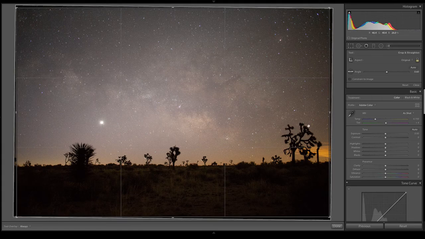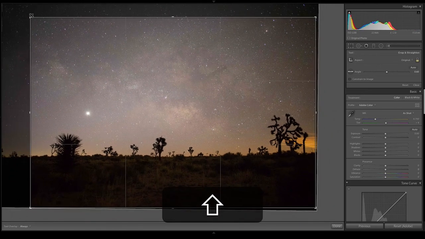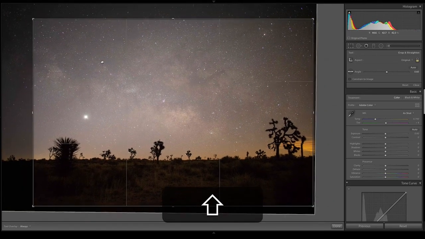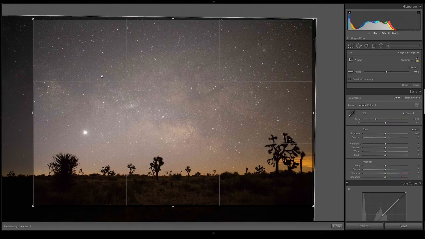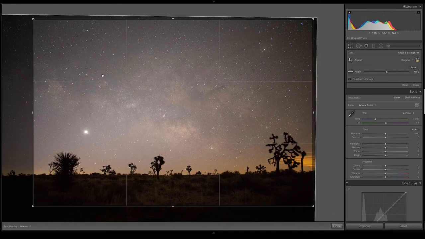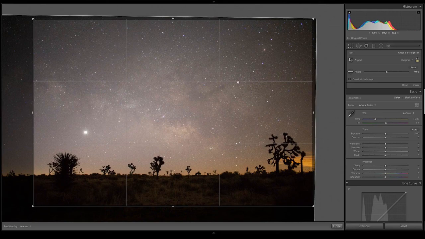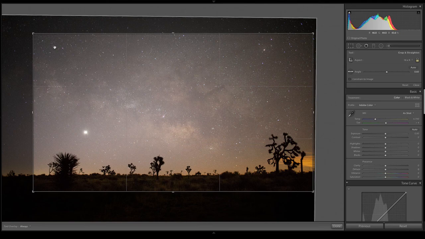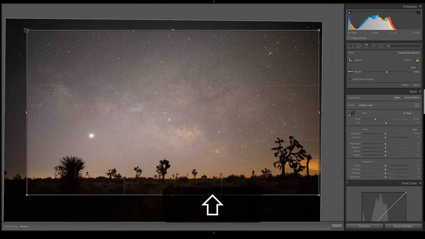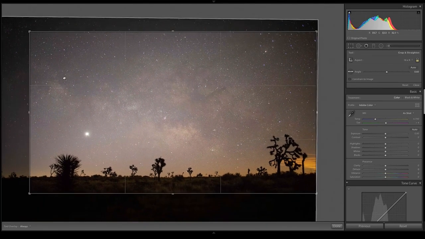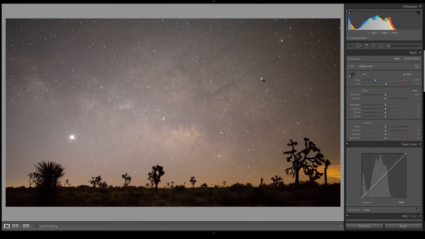And I'm also going to crop in just because I feel like the balance of this photo is heavier on this right-hand side with this silhouetted Joshua tree. So I'm going to crop in just a little bit, and I'm also going to put that horizon down lower on the ground so that we have more negative space and we see more of these beautiful stars. I actually might change this to 16:9 because I think having a wider shot like this is going to look even better. You do see the Milky Way right here, and we are definitely going to try to enhance that through editing. Pressing return, we have our photo now.